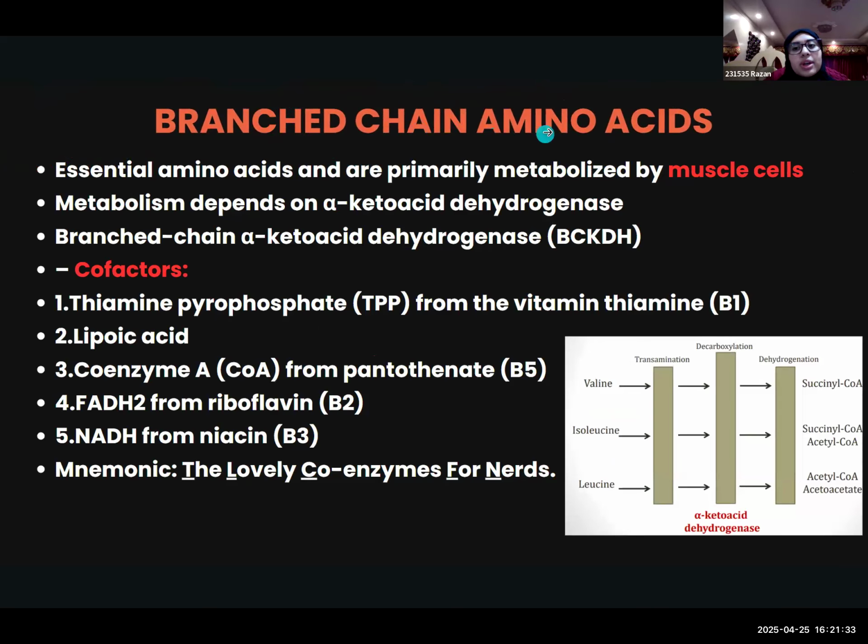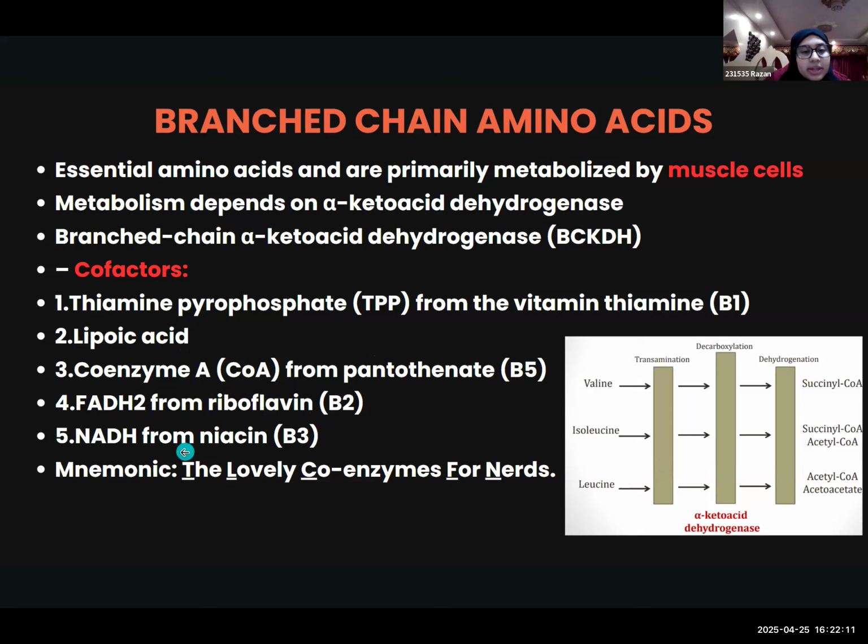Here, the branched chain amino acids. These branched chain amino acids are metabolized in the muscle cell. As my colleague earlier mentioned, know that the only amino acids that are metabolized in the muscle cells are the branched chain amino acids. By which enzyme are they metabolized? By branched chain alpha keto acid dehydrogenase. And here are the cofactors that are needed: thiamine pyrophosphate, lipoic acid, coenzyme A,